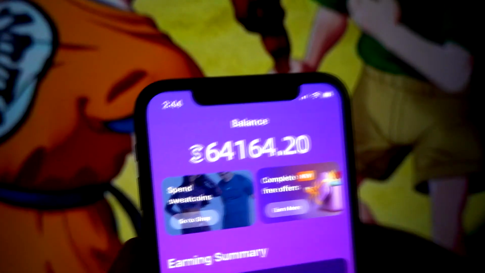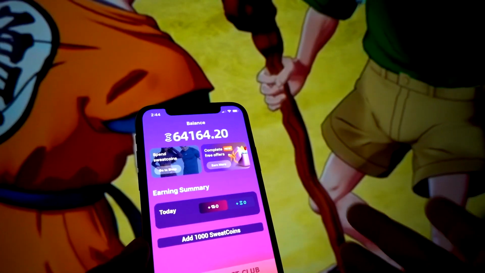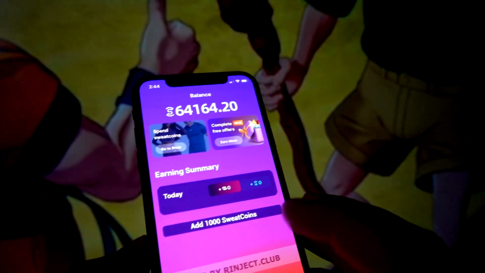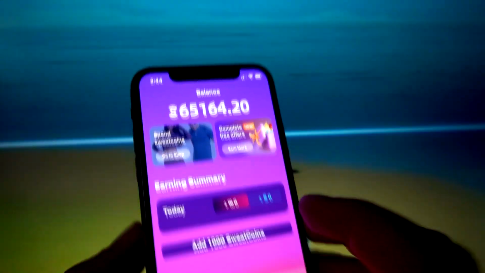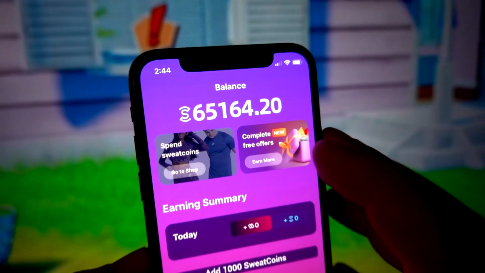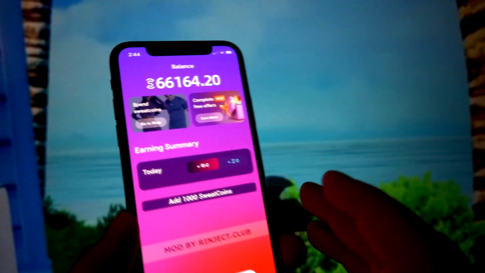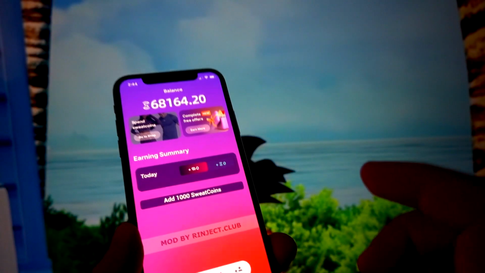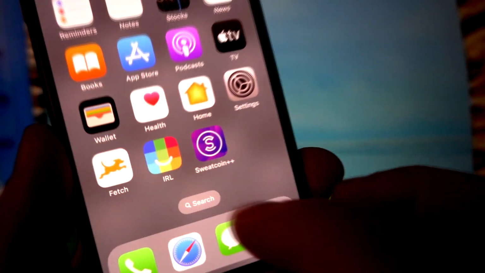I have a lot of sweat coins already, and to add 1,000 sweat coins more, I need to click on here, and as you can see I've got 1k more of the sweat coins. So that is very easy, and I have this mod installed on my iPhone,